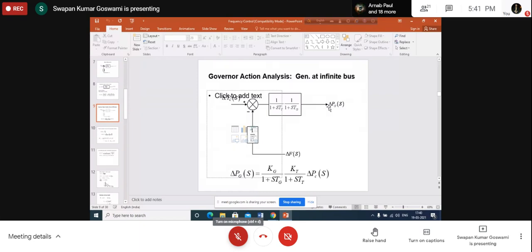Whenever a load is connected, obviously the speed of the generator will decrease and the generator governor will sense this change in speed. As a result, it will change the opening of the steam valve on its own. The generator's governor has this ability. How? When the speed changes, the point B will be changed. As point B is changed, C will be changed, D will be changed. When point D is changed, obviously oil will enter into the chamber having the main piston. So the main piston position will be changed. As a result, the valve opening will be changed.